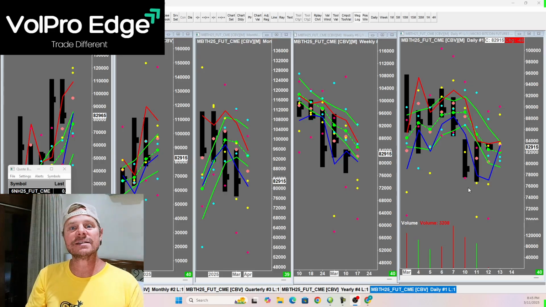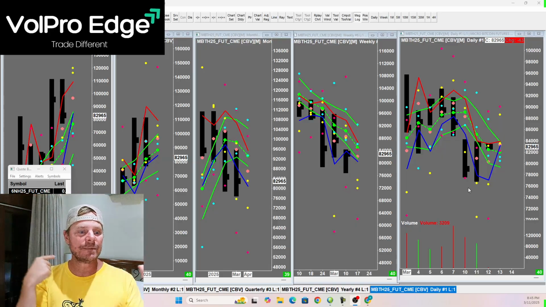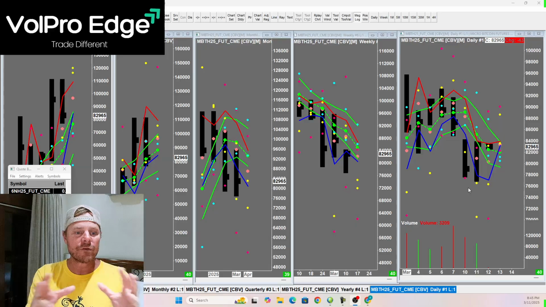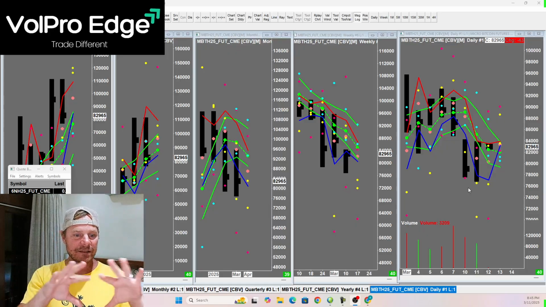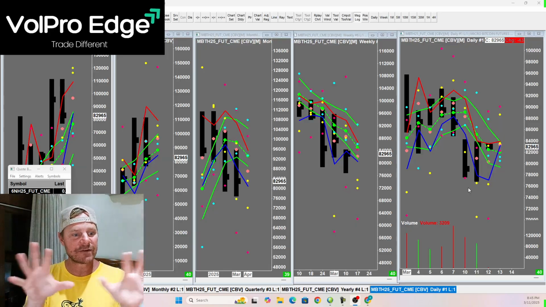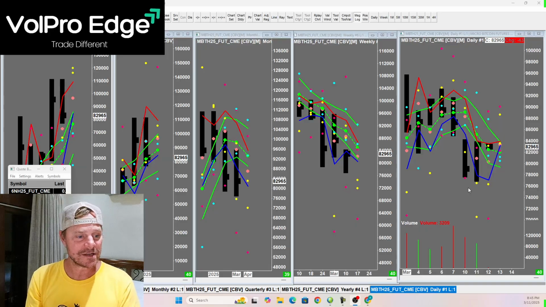So when you see bonds selling off, you see the dollar catching a bid, and then you see NASDAQ start to round at that value area low, it's probably going to want to make its way all the way back to my resistance level. The resistance level ended up being a good short anyways, right? But these are the types of dynamic plays that I'm going to teach you in the live day trading room, where we go over this and watch it all happen in real time, because that's where you get the best edge: looking at Vol Pro Edge, looking at these markets, the levels we're calling out before the day starts, what we expect, but then how everything is interacting and playing out throughout the day, and that influences our trading decisions.